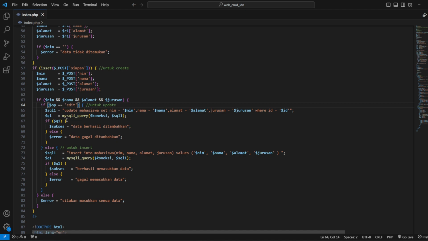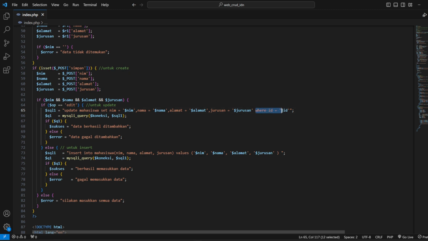So you can look, SQL1: update mahasiswa, set name by name, address by address, major by major, where ID is the ID.